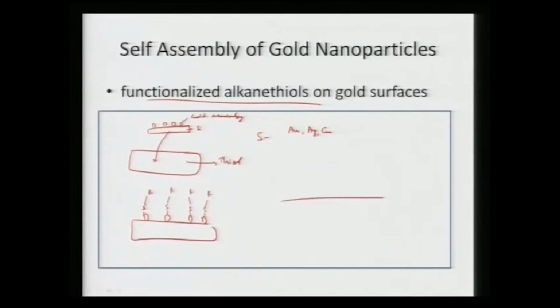So, now eventually what are we getting? We are getting a substrate which is nothing but our silicon, and then we have a very nicely layered structure of thiol. So, we can get a very good monolayer. So, we can get a self assembly of this particular structure of thiol on gold on a silicon substrate, which is again a certain deposition of gold